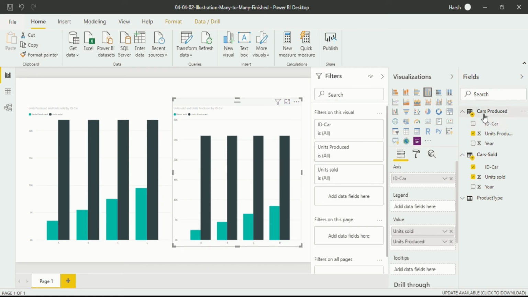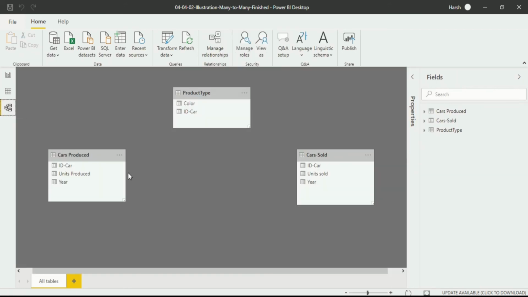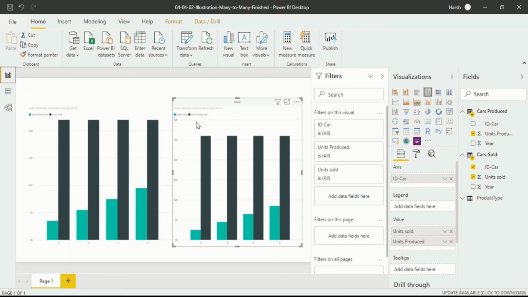That means in those two tables no relationship exists. When I go into the model view, which is the relationship view, you can see there is no relationship that exists between car produced, product type, and car sold. So when I create a visualization, there is no interrelationship between these two tables.